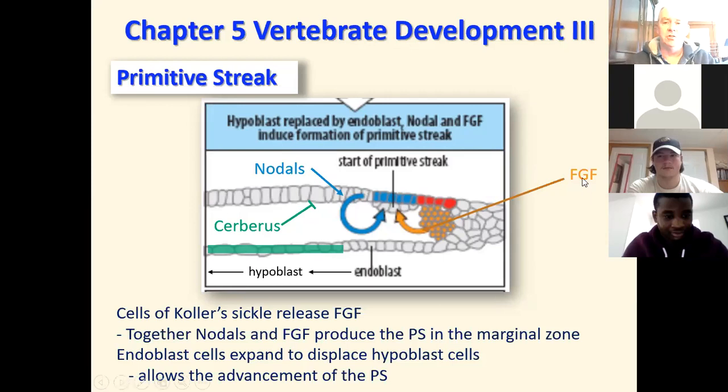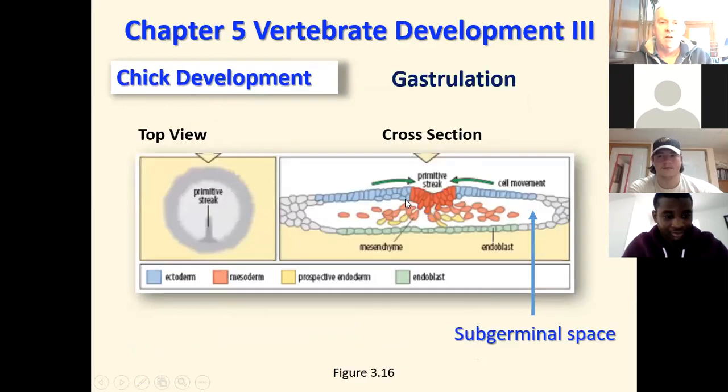FGF is a neural inducer, but not right now. Right now, what we're getting is mesenchymal cells, which are mesoderm and endoderm, mesendoderm,